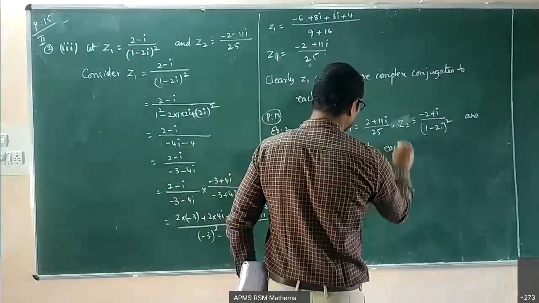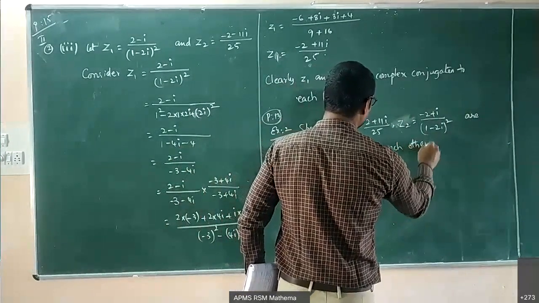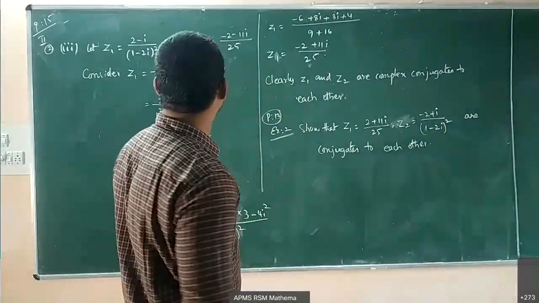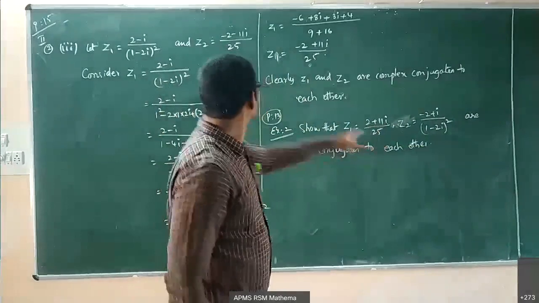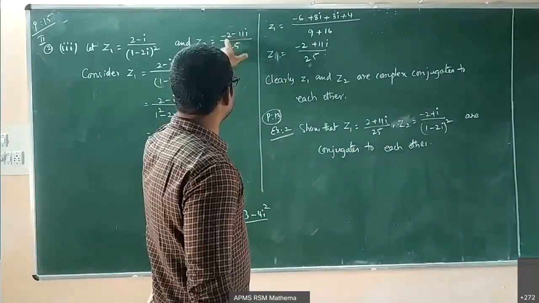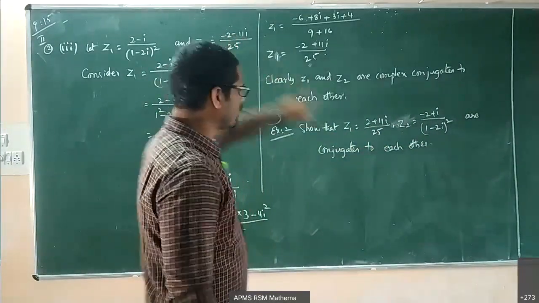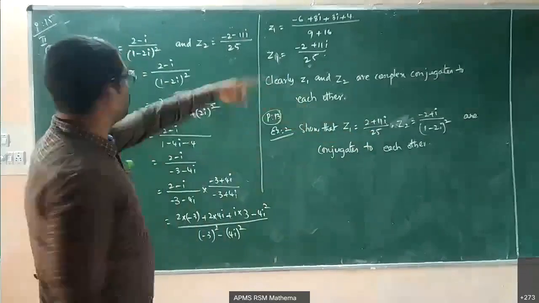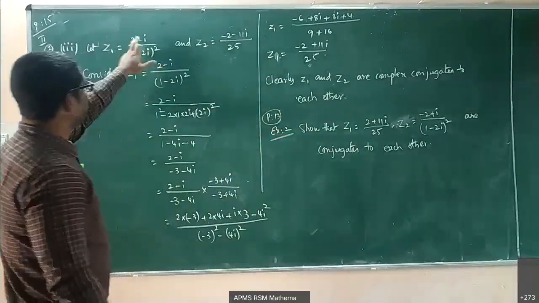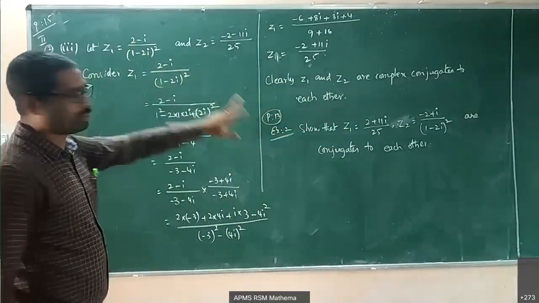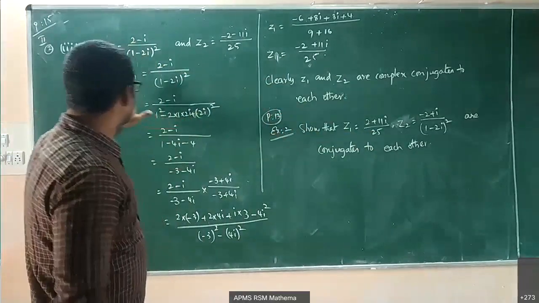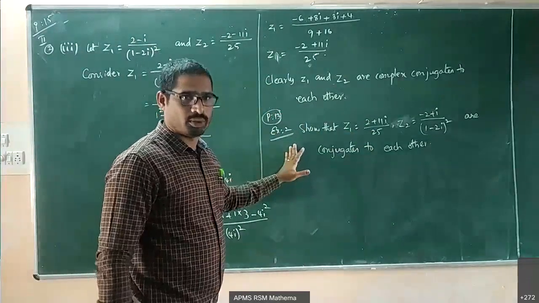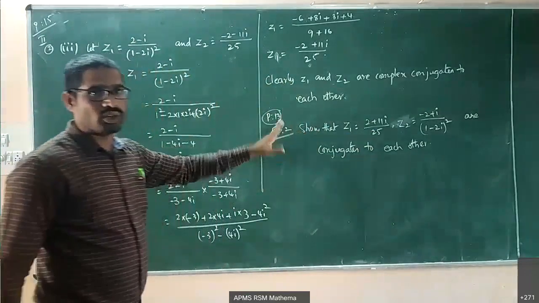See, both look the same, but they are not the same, they are similar. If you observe clearly, here it is 2 plus 11i by 25, there it was minus 2 minus 11i. Minus 2 is there, so that is different. And in the first one, minus 2 plus i in the example problem, there it was 2 minus i. So both the problems are different. If you understand the exercise problem, you can solve the example problem. So take a screenshot, we will go to the next problem.